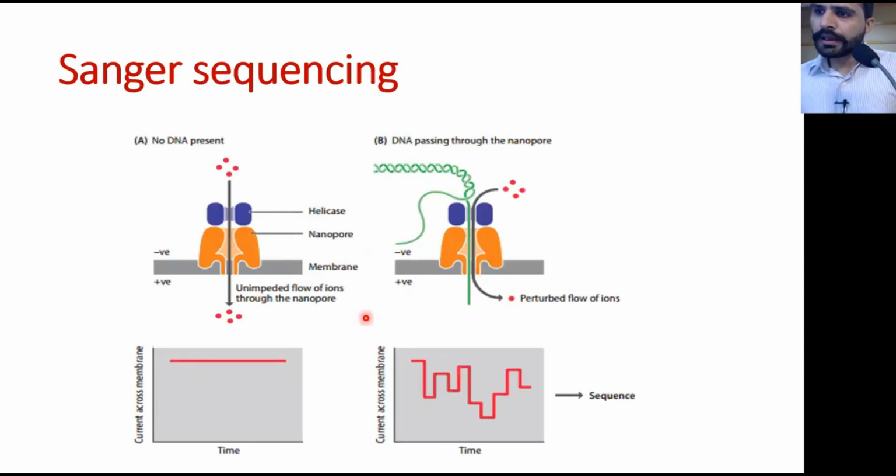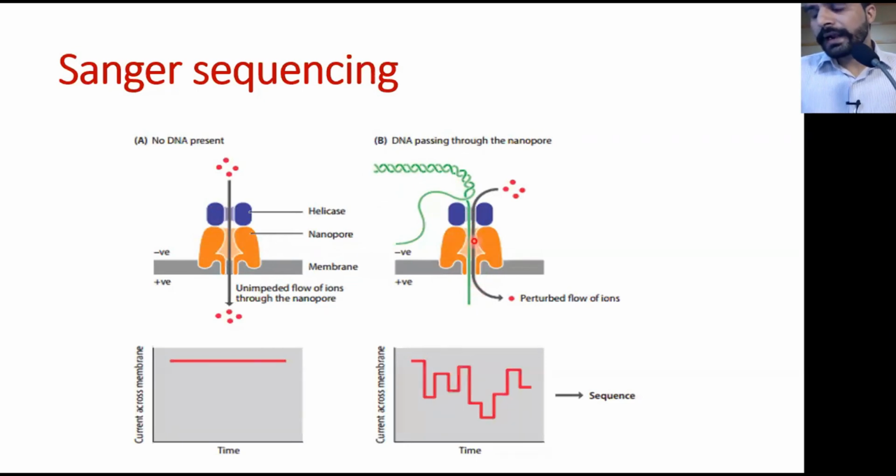So the last one is nanopore. This is not single sequencing. In nanopore, we have a protein that has a very small pore, and we push the DNA, or long DNA, through that pore, and we have a potential difference, an electric potential difference, across the membrane in which the protein is incorporated. We have a membrane, and across this membrane we have a potential difference. We incorporate a protein that is known as nanopore in that membrane, and we try to push a DNA